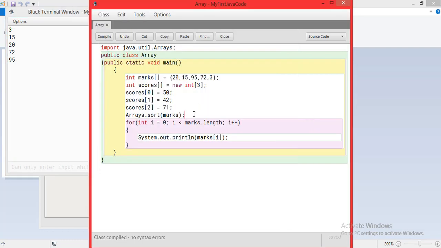So basically there are various things that we can do with an array. We can store more than one value. They are supposed to be of a fixed data type and of a fixed size. Apart from that, you are able to retrieve values, you are able to store values, and you are able to sort them in ascending order or descending order. So basically these are many things that can be done using arrays.